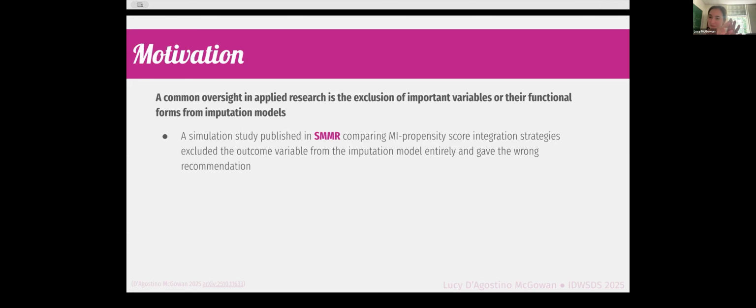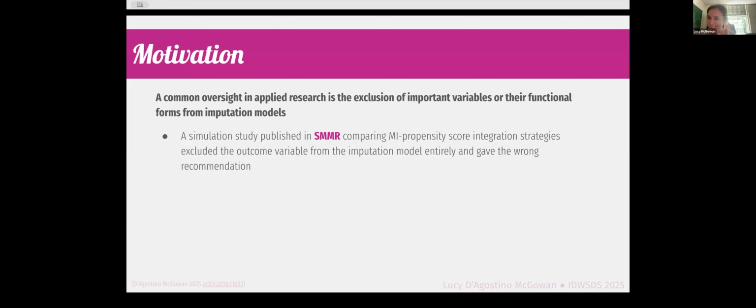Or should you do lots of imputed data sets, fit a different propensity score in each, get lots of different estimates, and then combine them at the end? So they were trying to answer this question, and it turned out they accidentally excluded the outcome from their imputation model and ended up getting entirely the wrong answer. So they actually made the wrong recommendation methodologically because the one that should not have been chosen looked unbiased, because basically the two errors, the error of not putting the outcome in the imputation model and the error of using the wrong method, canceled each other out, whereas the one that was actually correct but also was missing the outcome looked incorrect just because it was missing the outcome.